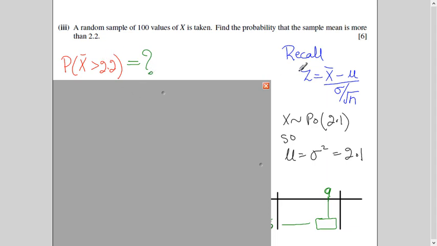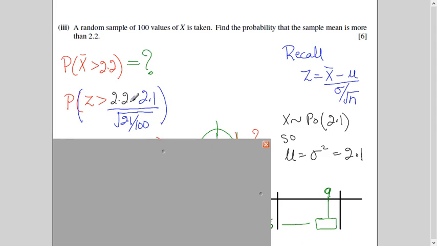Now this reminds you that your z will be sample mean minus population mean divided by sigma over root n, right? Now here we are talking about the sample mean of x, the values of x. So we will use lambda 2.1, right? And we know lambda is the mean and it is equal to the variance. So when I use this formula for mean and variance, I will use 2.1. Standard deviation, root of 2.1, right? So now I start doing it.